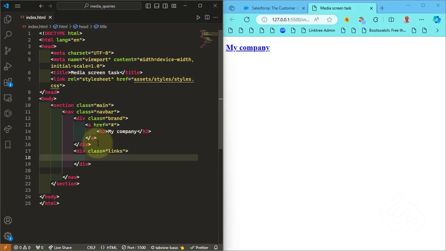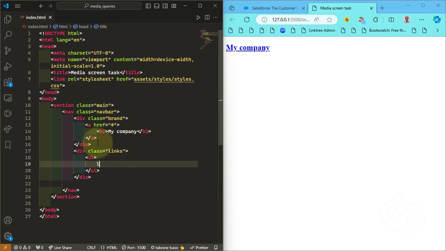So inside this link I'm going to do UL, and I'm going to do a couple of LI. I'm just going to do 4 for now. We have home. So inside each of these LI I want to put an anchor so that these links will be clickable. So anchor is a dead link, and I'm going to say home,